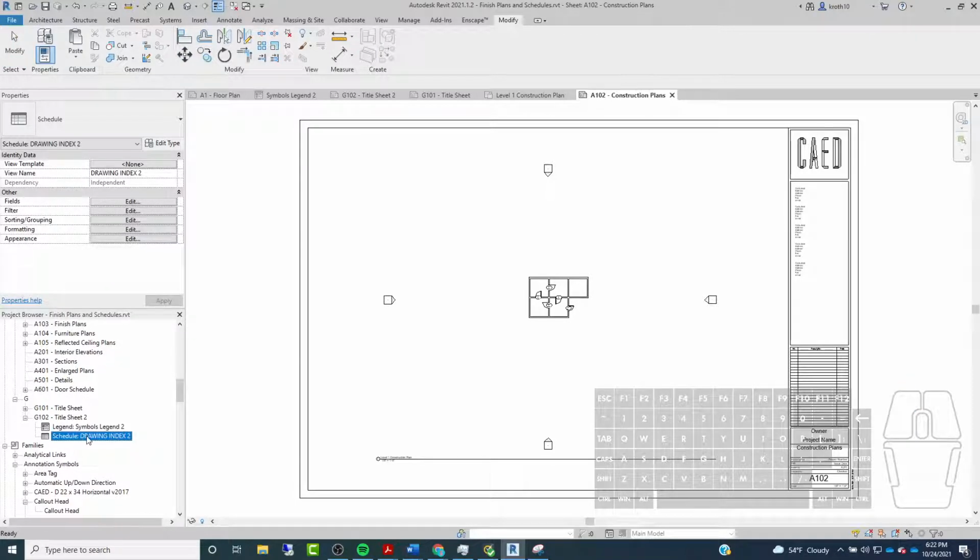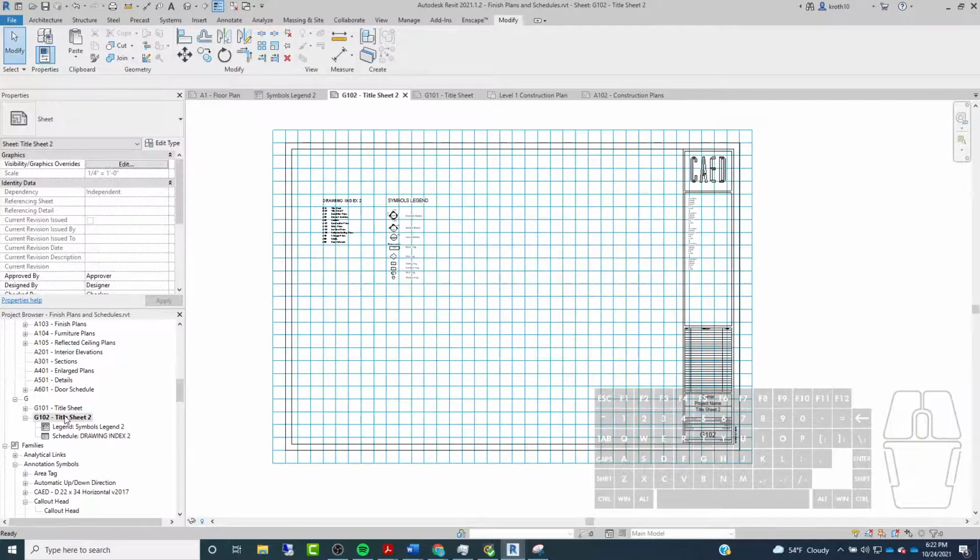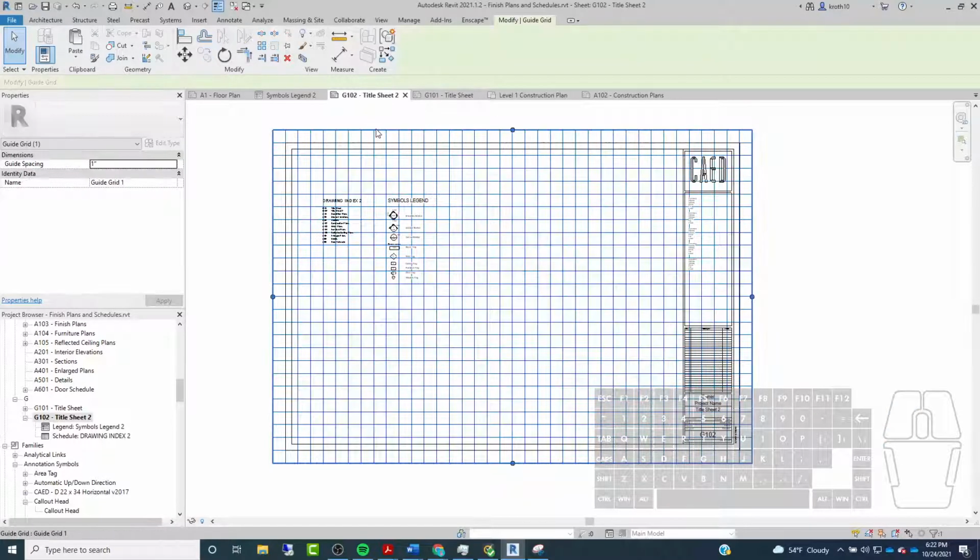I'm not sure why it's not showing up on mine. It was earlier on your modify tab, and it might be showing on yours. You should have additional options here when you are editing your sheet. All right, see, it should be green right now on yours, and there should be an option to add